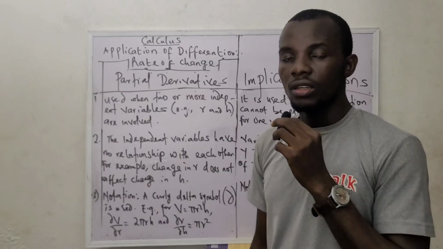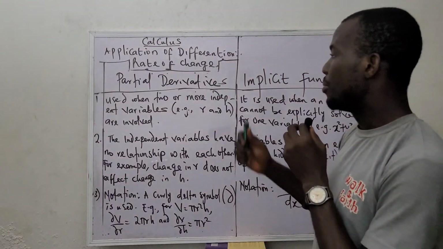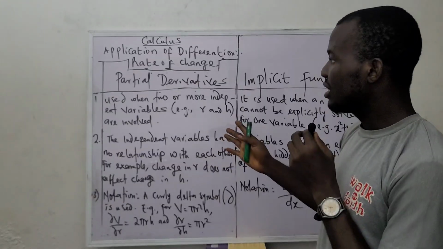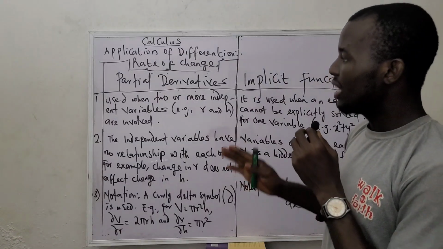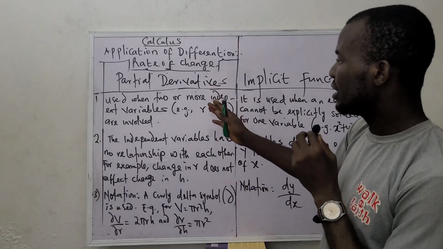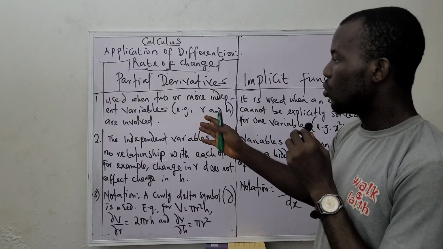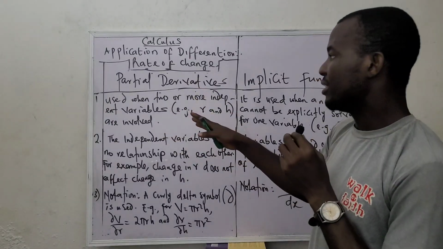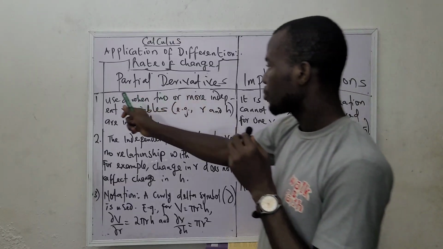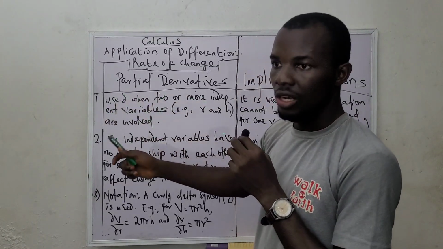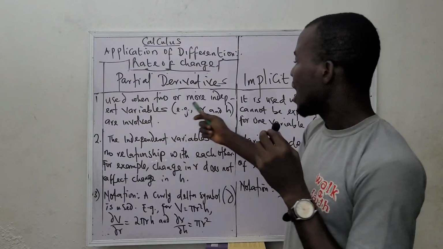I hope you understand. Hello viewers, and welcome to yet another aspect under application of differentiation. In this lesson, I'm not solving any problem, but I want to give you a clear distinction between partial derivatives and implicit functions. You will get to know when you are dealing with a partial derivative and when you are dealing with an implicit function. Number one, partial derivatives are used when two or more independent variables, e.g., r and h,